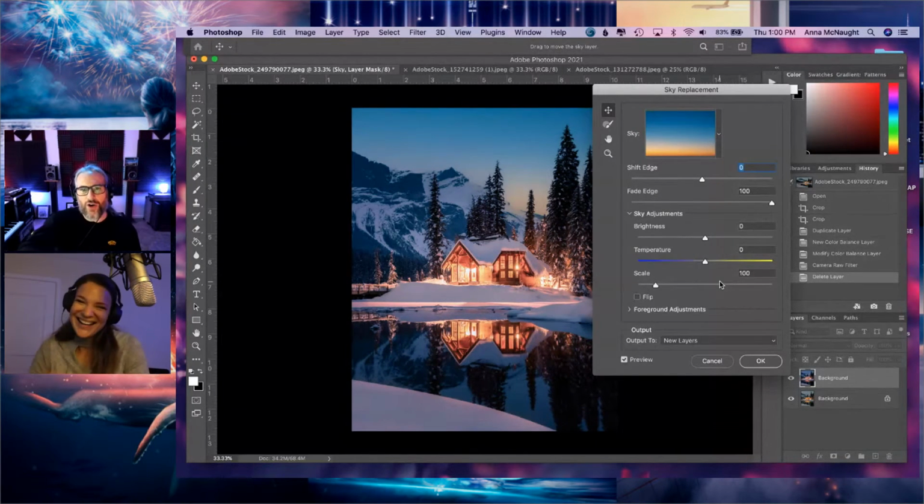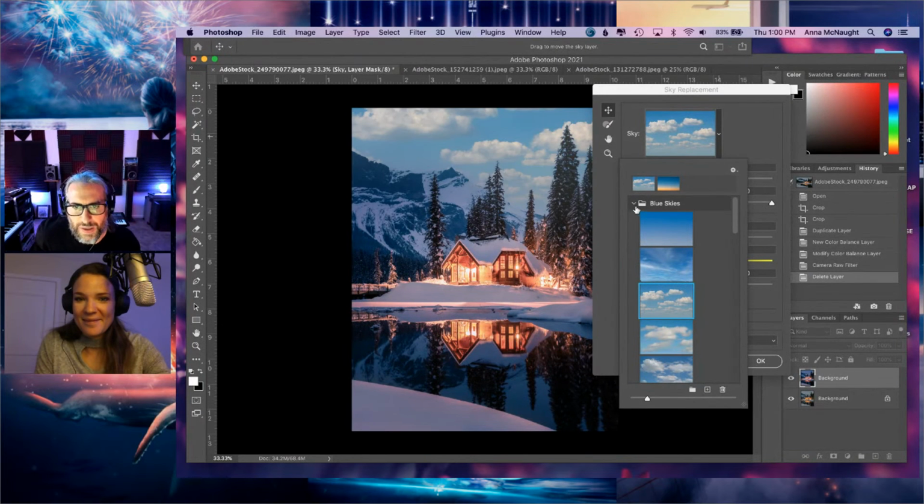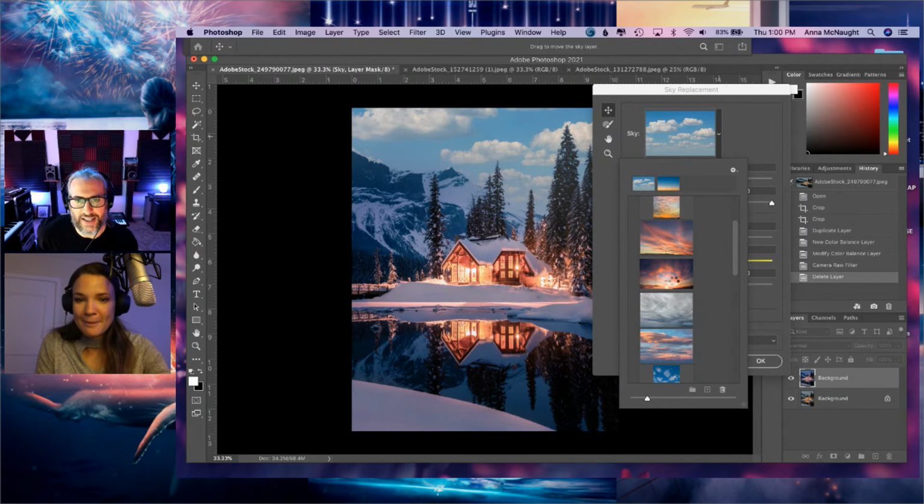Now, if you go to the sky image there, that little arrow, you'll see there's the pinkish hues if you scroll down. You're in a blue sky folder. It looks like it's also loading the folders, maybe you haven't opened this feature yet. So there are some skies that could really match the hues that you were just working with.